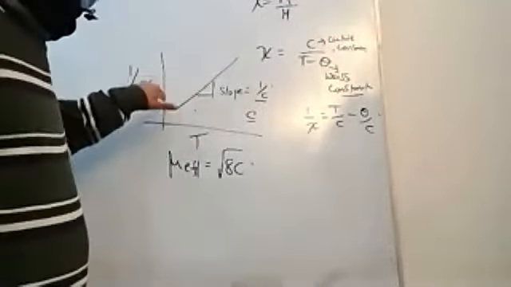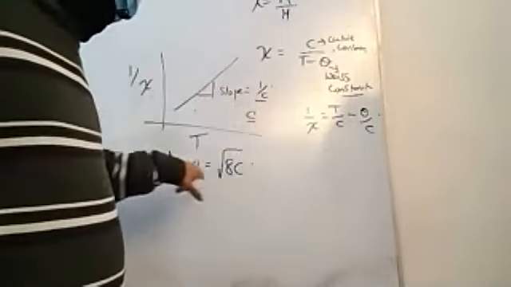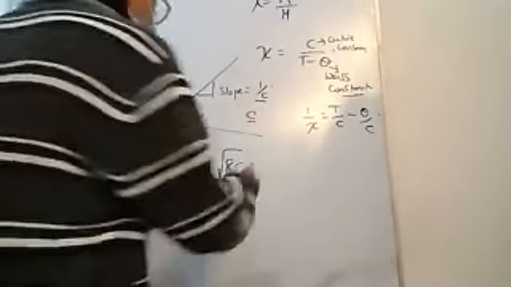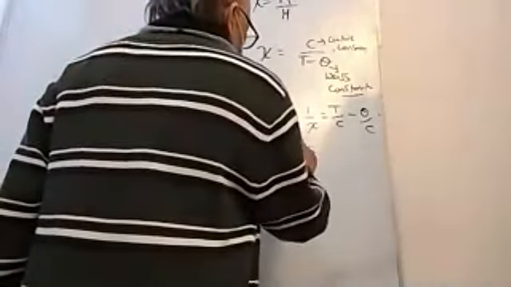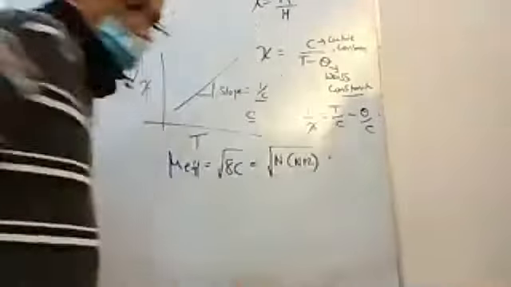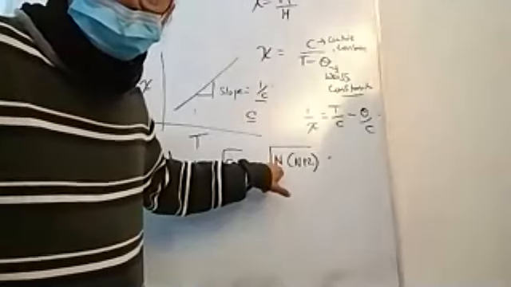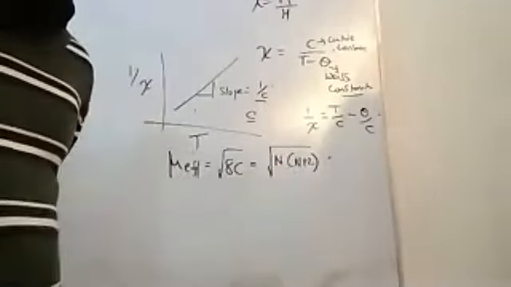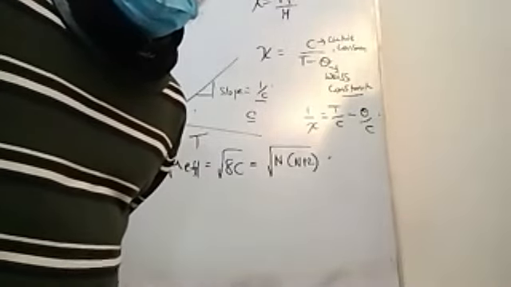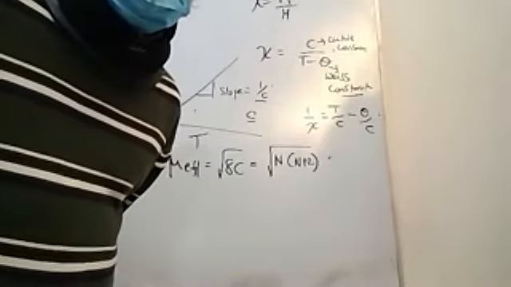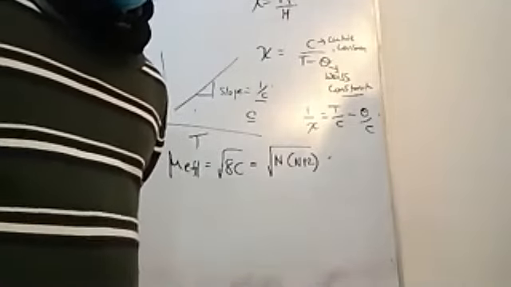So once you do this experiment, magnetic susceptibility versus temperature, once you get the graph, when you get the C value, you can calculate the effective magnetic moment. This is now related to the number of unpaired electrons by this equation. N here refers to the number of unpaired electrons. If you have one unpaired electron, what should be the value of this? Square root of 1 times 1 plus 2 is square root of 3, right? So what is square root of 3? I don't have a calculator here. Something like 1.73?